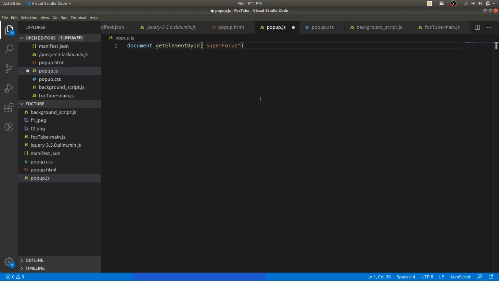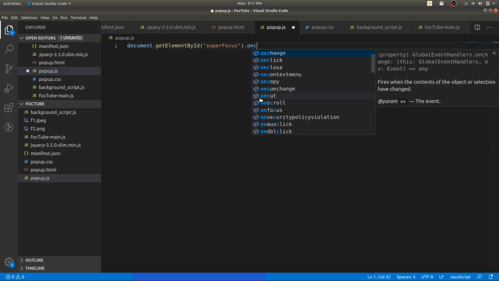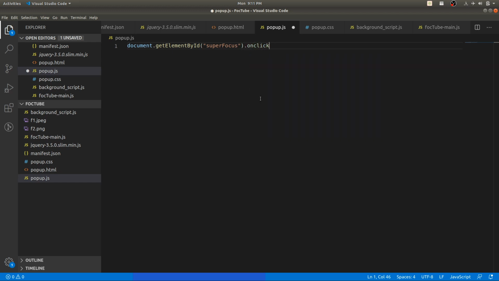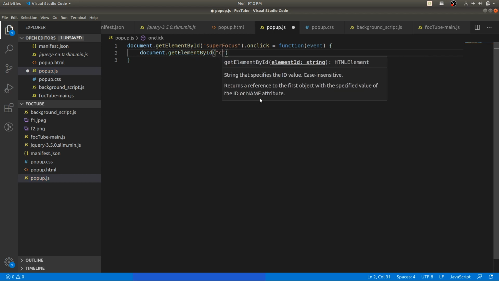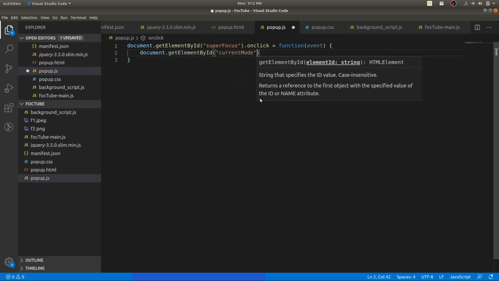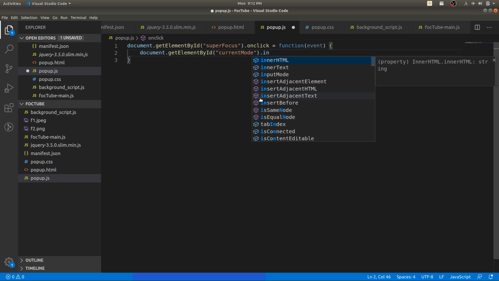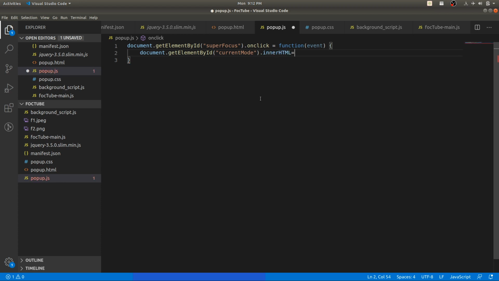So popup.js will have, if you remember, 3 buttons, so we will have all the 3 buttons. The first button was super focus, so whenever on click we will execute this function. Event will be passed as a parameter, we don't need that much, but we will set the state, okay.